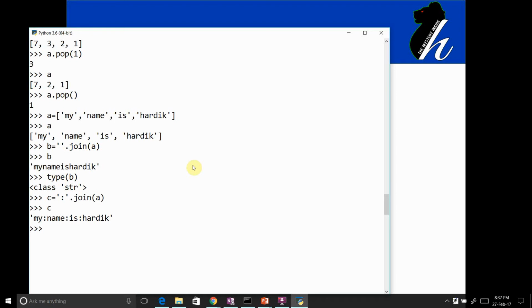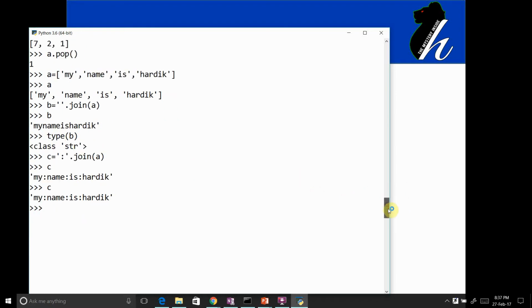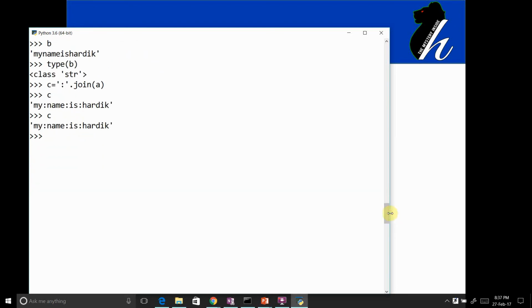Reverse of this, let's say I have got one string, c equals to my name is Hardik, and I wanted to have a list. Over here this particular string has a colon as a delimiter. So what I need to do, let's say d equals to the string that I have, c dot the method I wanted to use, split, and by which delimiter I wanted to split, by colon.